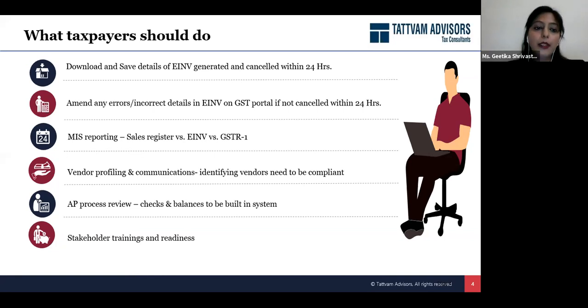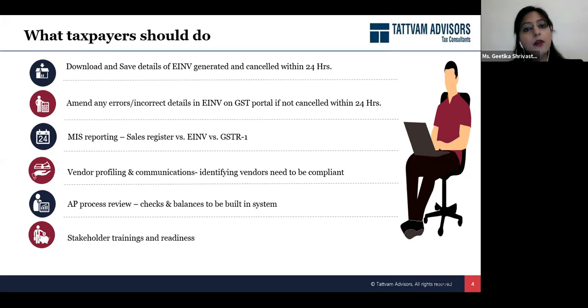Like I said in the previous point, the amendments of the invoices will not be allowed on the IRP portal. So let's say you issued an invoice, and this can happen mostly in those cases where you are manually entering the details on the e-invoice portal. Somebody entered a wrong detail while issuing the invoice, and you realize this after 24 hours. You cannot even cancel those invoices. So the government has clarified that in such cases, you can go onto the GST portal, and when you are finalizing your GST returns, you can make the amendments.